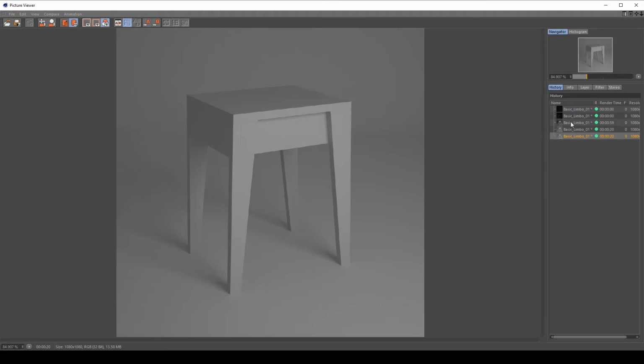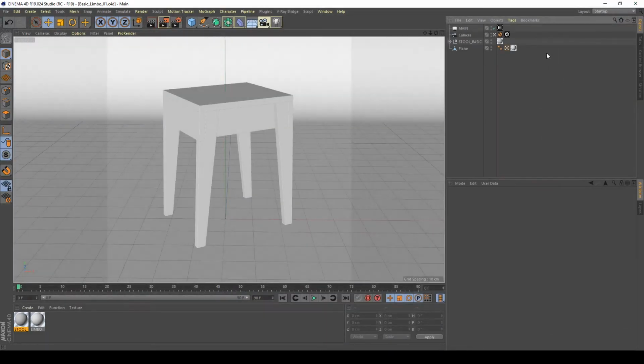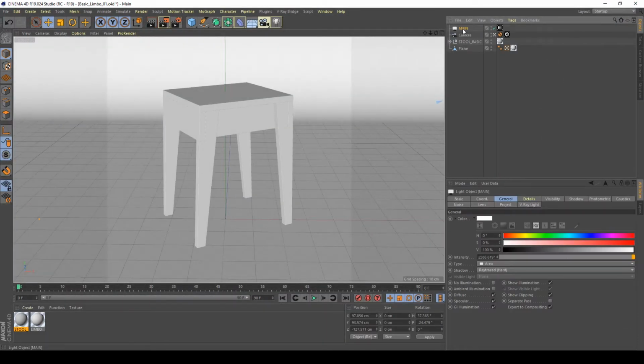And now, as you can see in the pass, we're going to brighten up my image. Now I'm happy with it, so I copy and paste my main